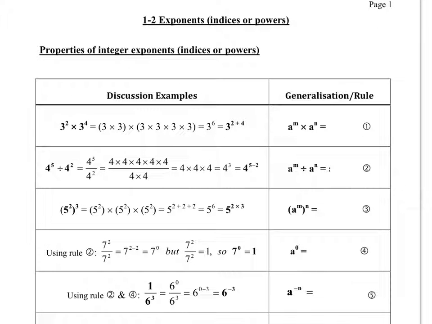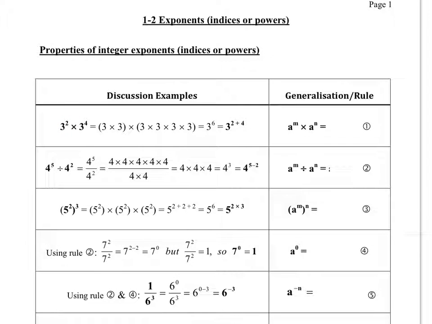Okay, in this section we have indices or powers, and we need to just explore what the rules would be connected with those indices. So for example, if you have 3 to the power of 2 times 3 to the power of 4, well,